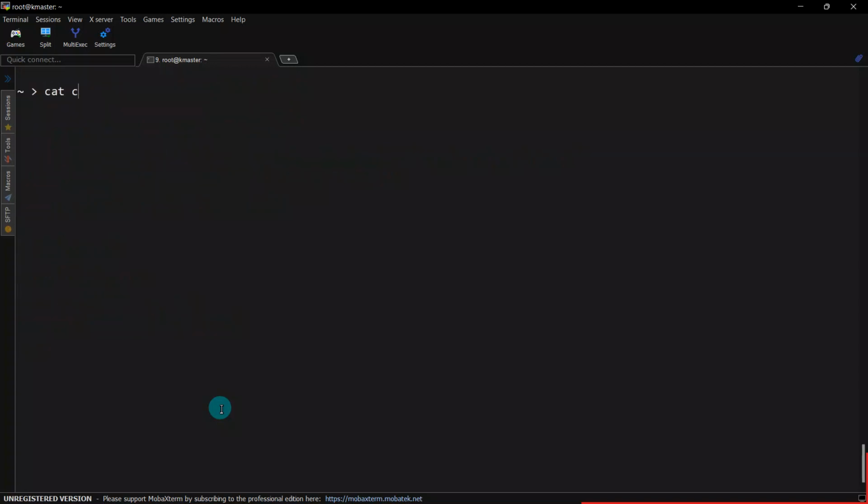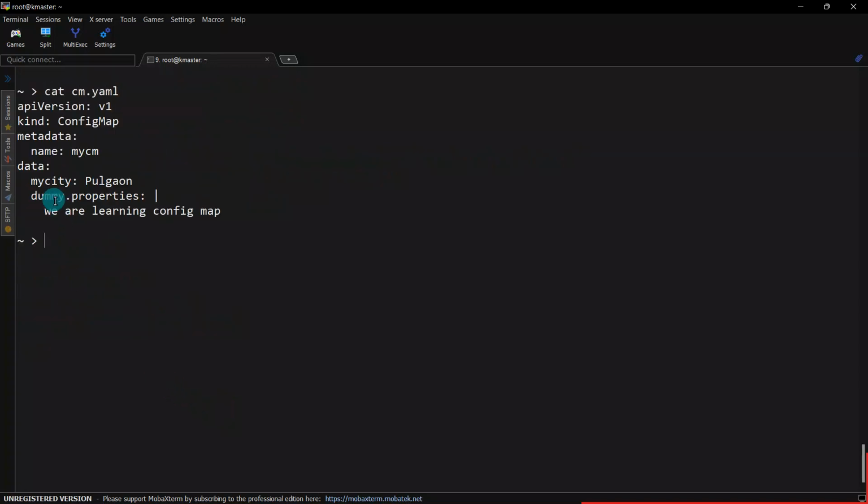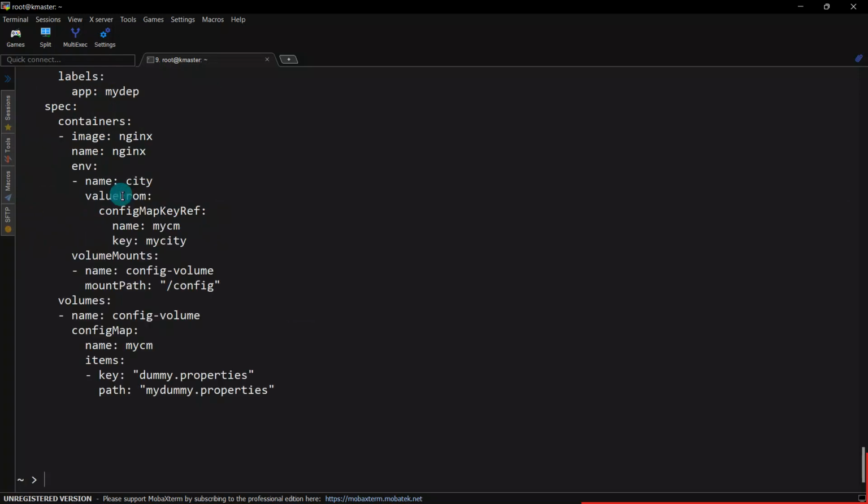This is the key. Okay, this is the key, and this is the value which is present within that file. Okay, now की मतलब अपन ने डिप्लॉयमेंट के अंदर क्या दिया है, key equal to dummy.properties. Okay, so it is going to upload this dummy.properties, और अपलोड होने के बाद क्या नाम होना चाहिए within the pod, so it is defined within this. Let's see if I